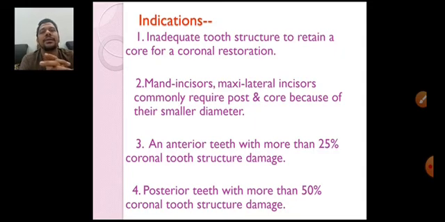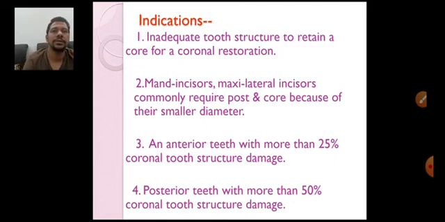So, if there is an extensive coronal tooth structure loss, when we talk about an anterior tooth, if the coronal tooth structure loss is more than 25%, it's always better to go for post and core before giving a crown. If the coronal tooth structure loss is more than 50% in cases of a posterior tooth, it's always better to go for post and core